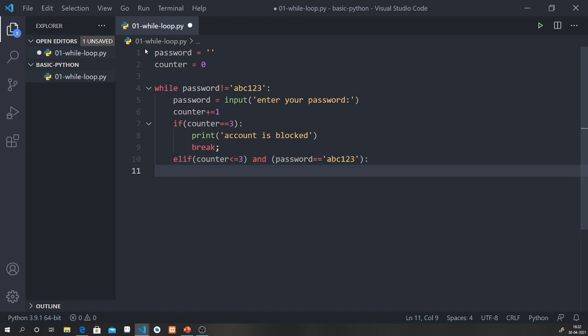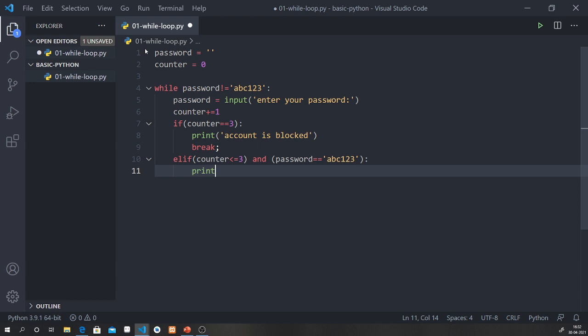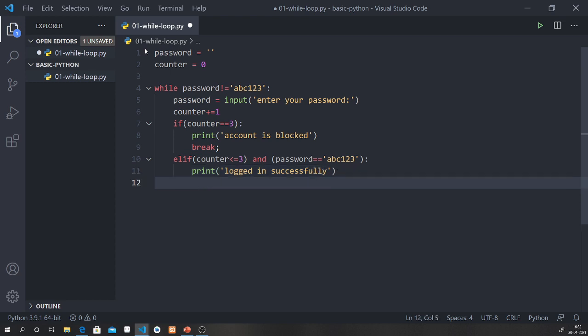If both the conditions are satisfied, we will print that the user is logged in successfully. So this is what we have to do.